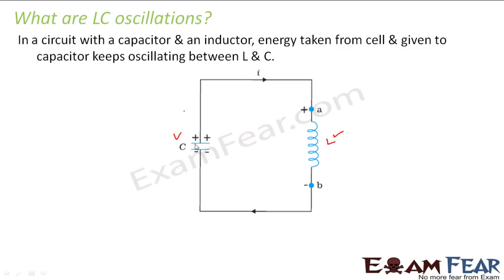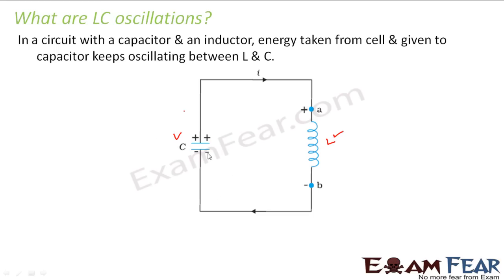When the capacitor is given some energy from a cell, first of all it charges itself, right? That is a general phenomenon which happens even in your DC circuits. Whenever you switch on the circuit, first of all the capacitor will take some charge, it will charge itself. Once it is completely charged, in case of DC current, it will not allow further current or further charge to come to it. That is, it will block the DC current.